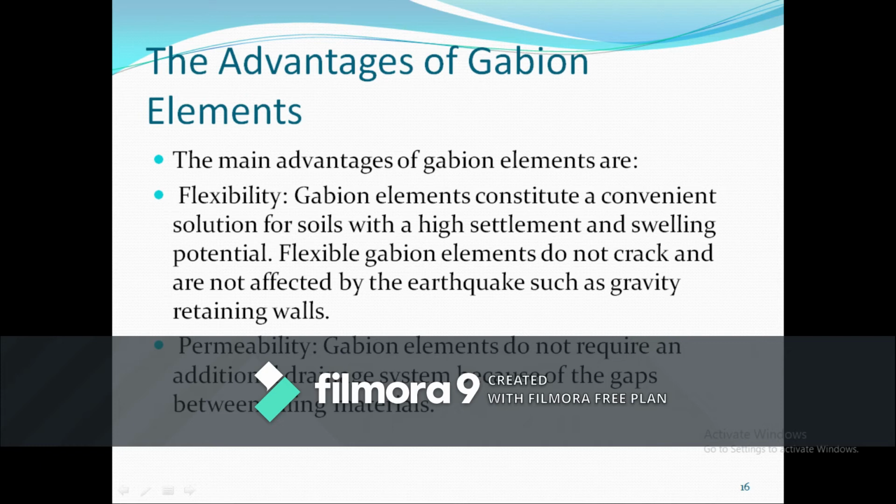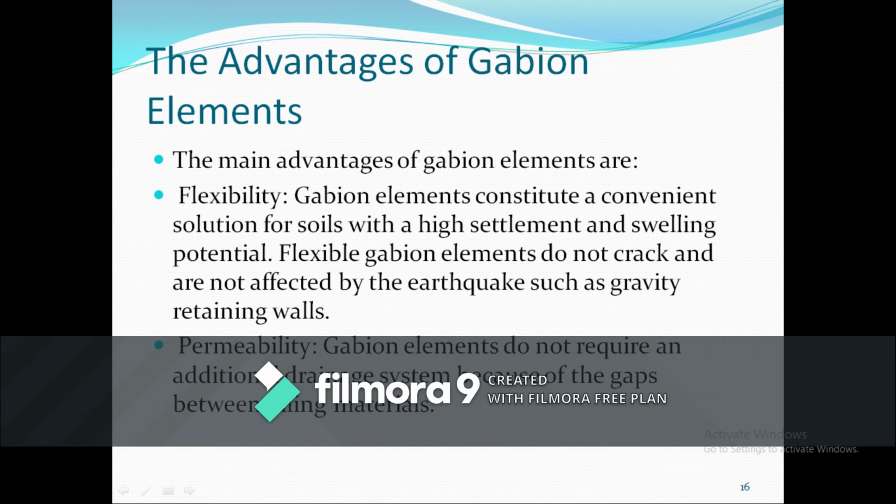Since in between the rocks you have gaps, no additional drainage facility is required. Because of this, you are allowing the growth of crops. So for permeability, you don't require any additional drainage because of the gaps between the filling materials that you use in gabion elements. So that is the main help or advantage of gabion elements.